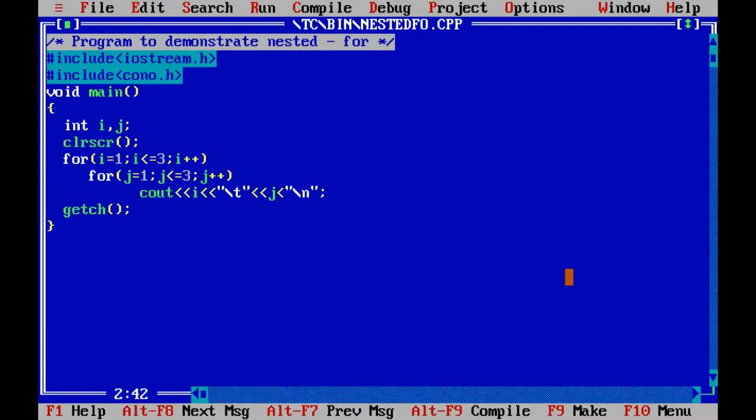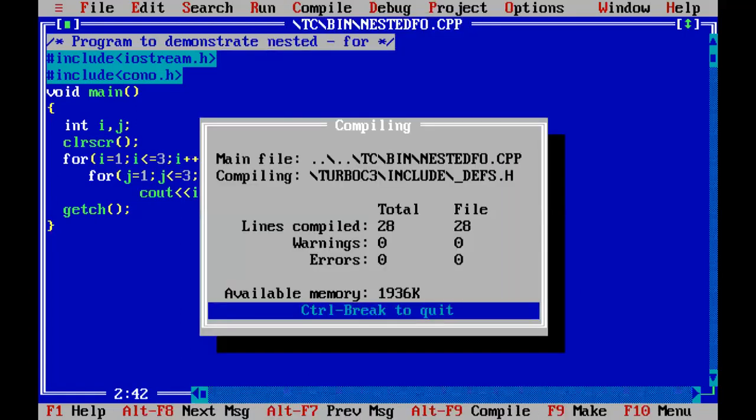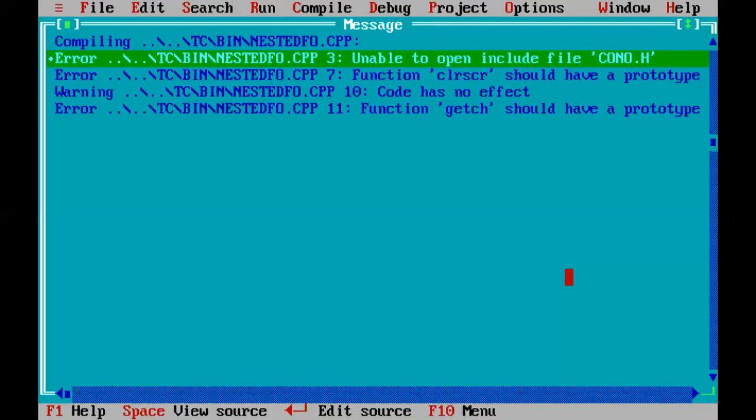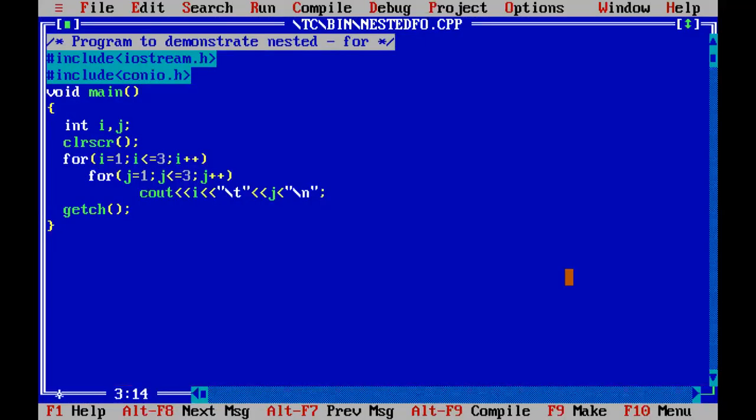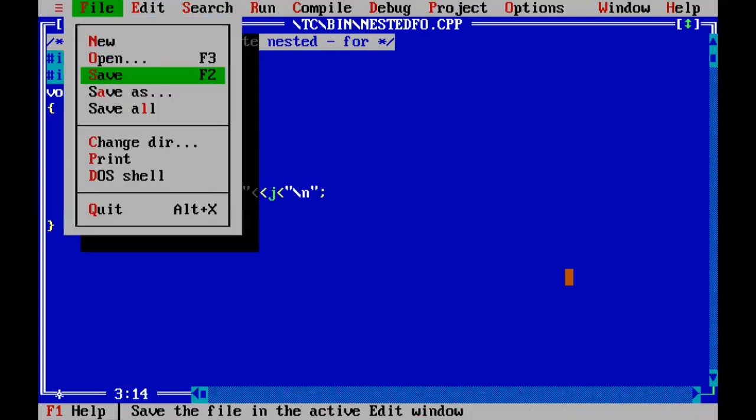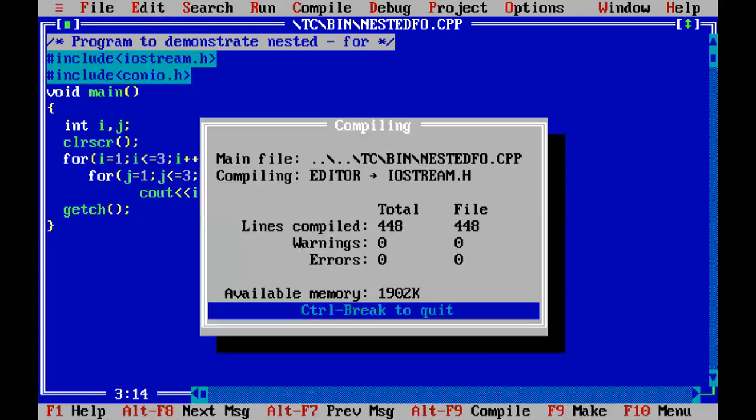See here. Error is there. Just a minute.